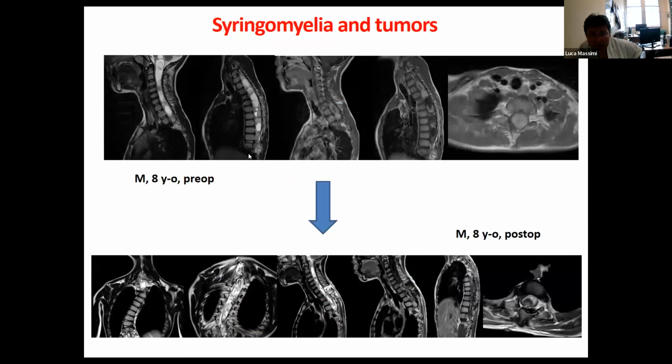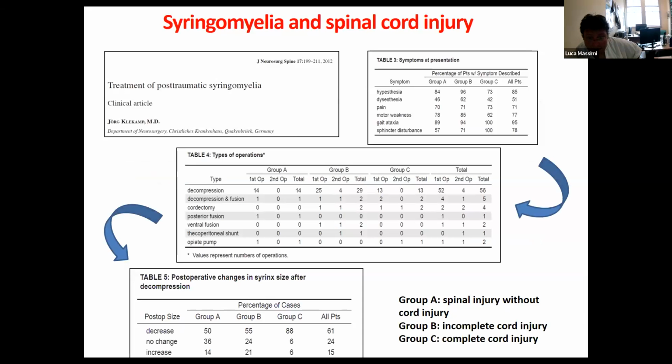This is what we usually find in children: very large and diffuse astrocytoma, usually in the dorsal column. In the postoperative images, in spite of the good results, we can appreciate a reduction of the huge syringomyelia, but also a significant scoliosis. But we can find syringomyelia that can be treated directly also in a series with